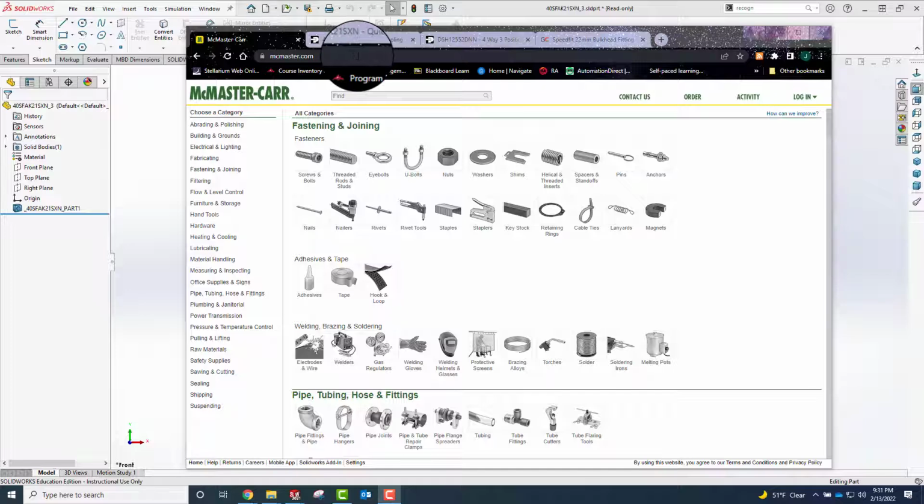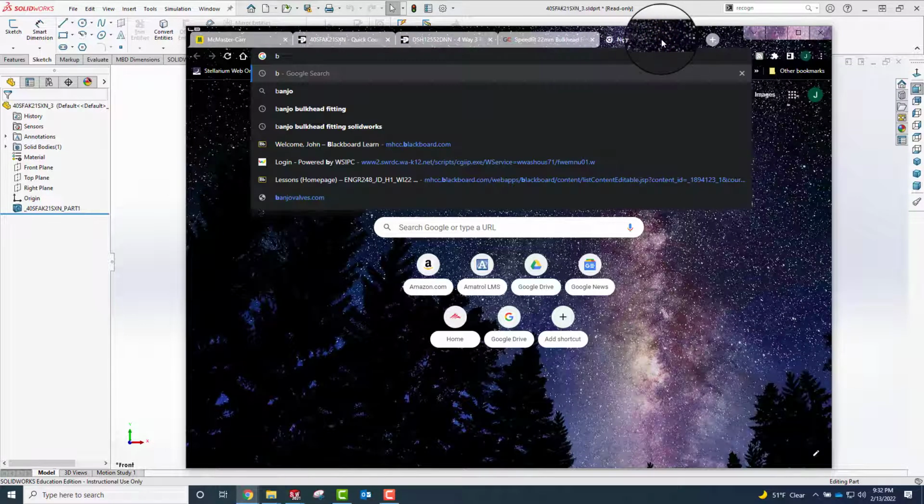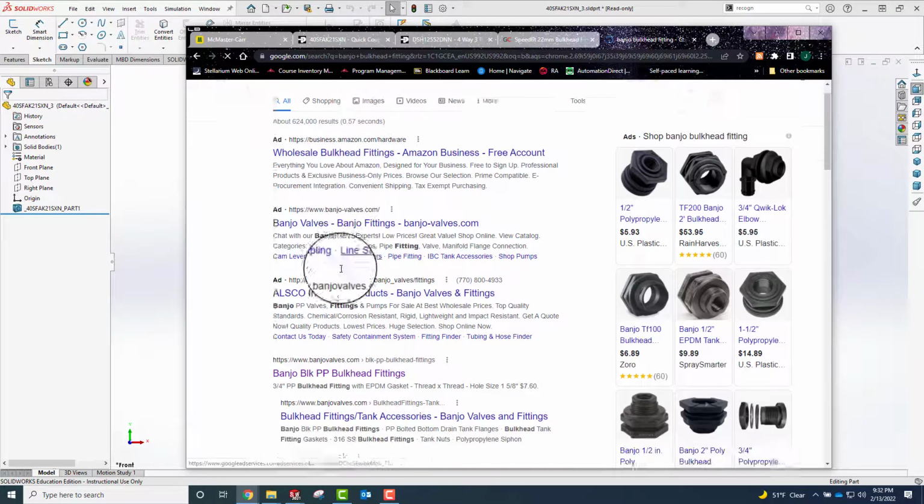But let's say worst case, they don't have a 3D model available to you. Then you're either going to need to model the part yourself using a set of calipers or whatever measurement tools you need to get dimensions off it. Or almost every manufacturer, even if they don't have a 3D model, will at least have a two-dimensional drawing with dimensions on it that you could recreate the part from. For example, let's think about that bulkhead fitting again that I was talking about, made by a company called Banjo. So if I look for Banjo bulkhead fitting,